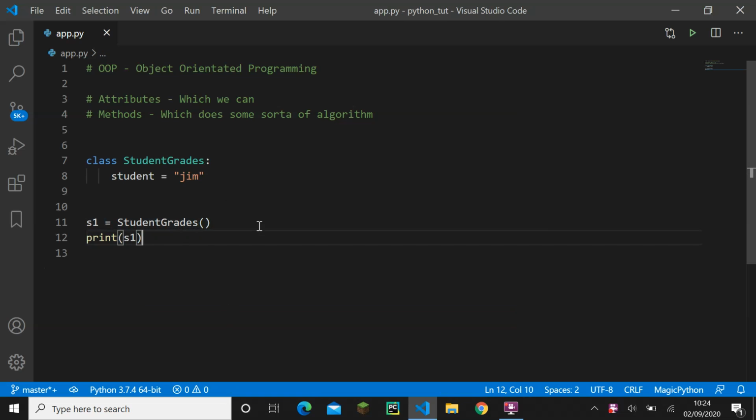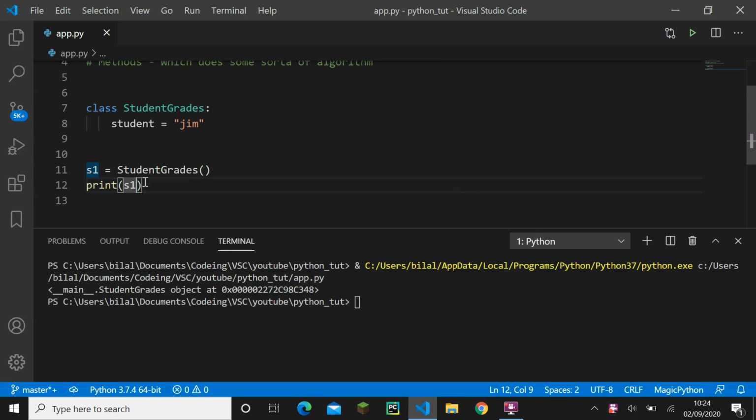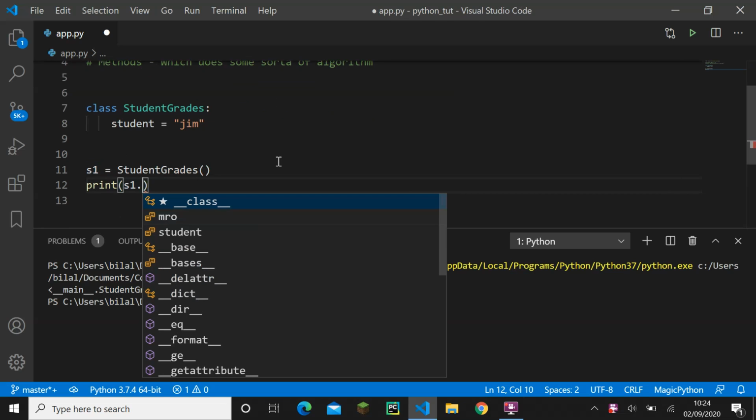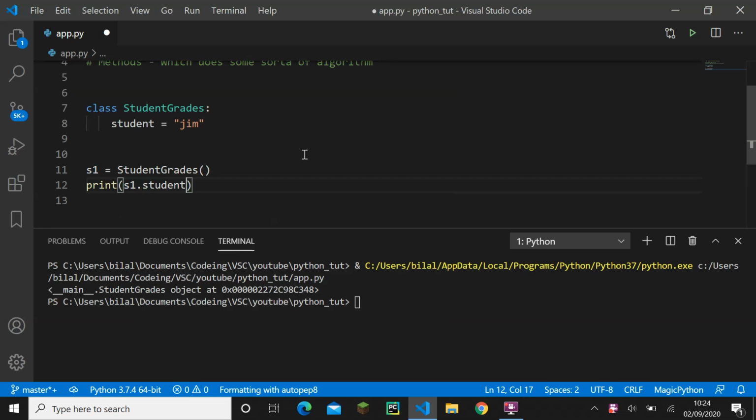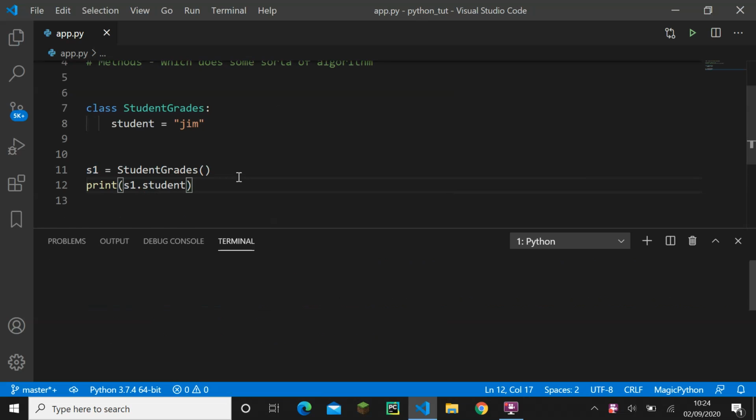So I'm going to stick with S1, and the reason this is showing a location, so like some gibberish, is we need to give this S1 an attribute or method, because how methods work, we do S1 dot student, let's try student, and we run, and we get Jim. So this is technically an attribute, to be fair. This is an attribute because we can call this student inside of the student grades, because this is a variable. So we can do S1 dot student, and we run this and we get